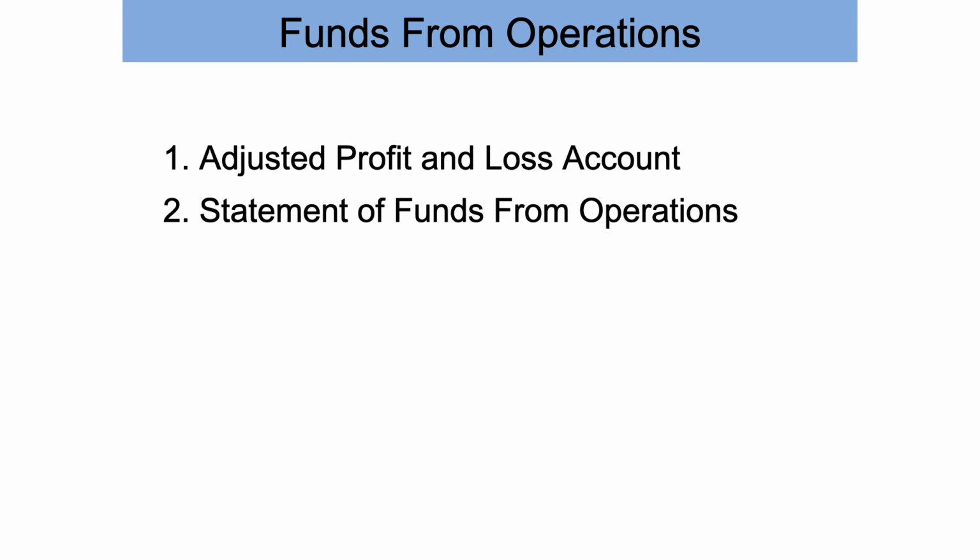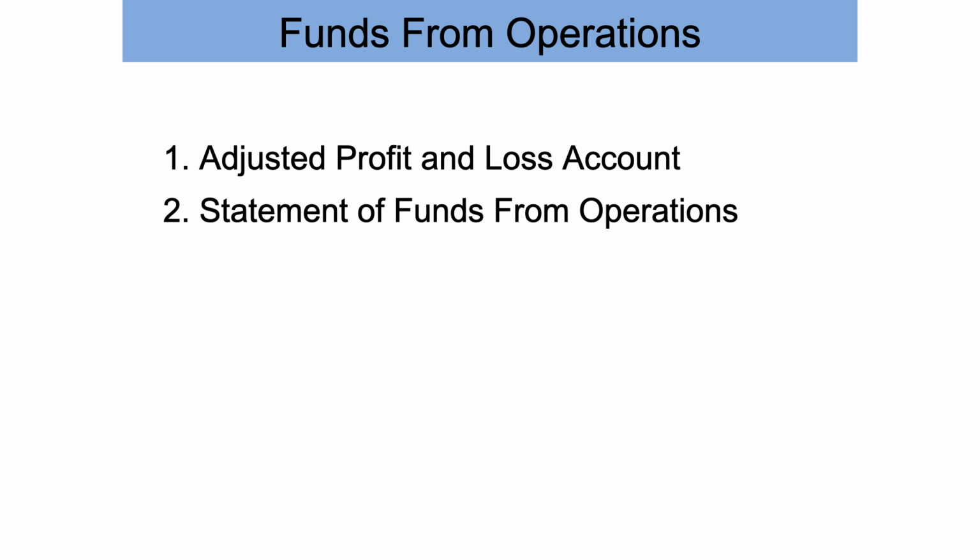Friends, in my previous video, I have explained schedule of changes in working capital. Now we are going to see how to calculate funds from operations. Actually, trading profit or profit from operations are the major source of fund. That is, the sales is the main source of inflow of funds into the business. But at the same time, funds flows out of the business for expenses and cost of goods sold. Such expenses starts from the purchase of a raw material to the end product reaches the consumers. Suppose inflow from sales exceeds outflow for expenses and cost of goods sold, that is called net effect of operations. That will be a source of fund.